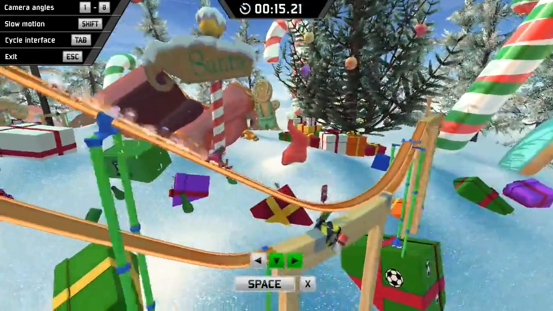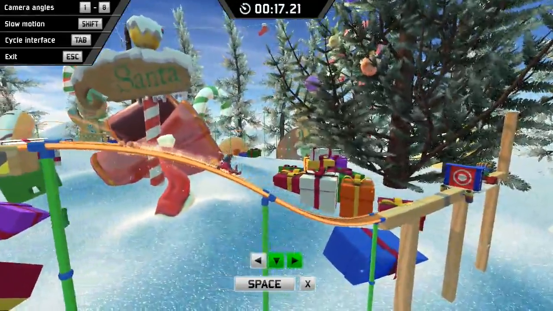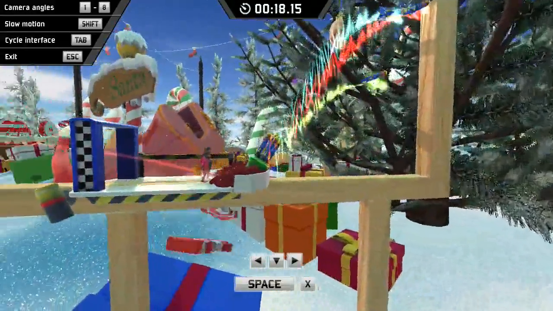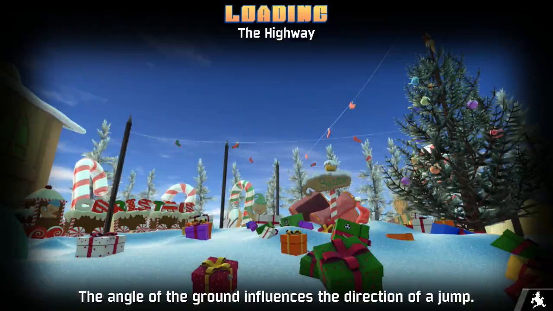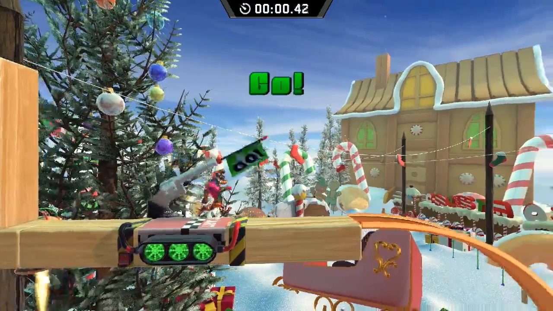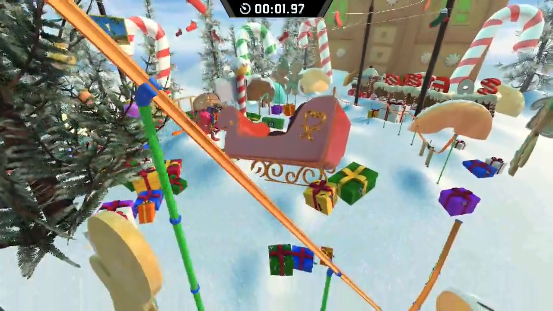And the rest is pretty straightforward. A double jump here is much better than a single jump. You should land in the steep part of the slope rather than beforehand on the flat part. So let's try and see if we can do something here and improve our time a little bit. 1866 is the rainbow time, which is sort of